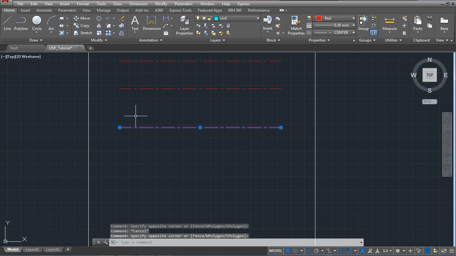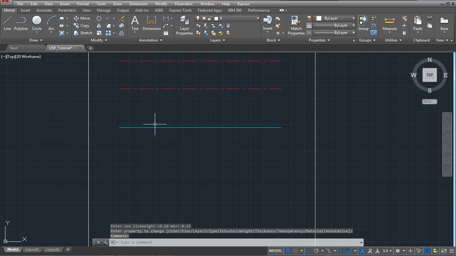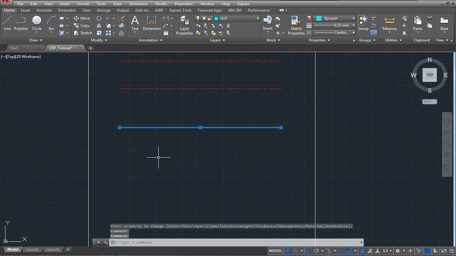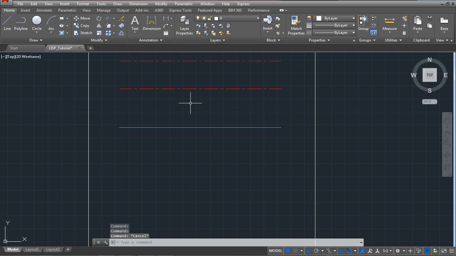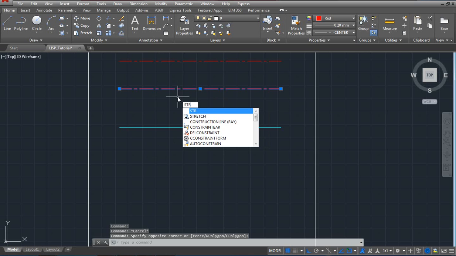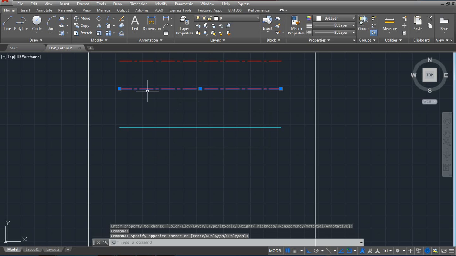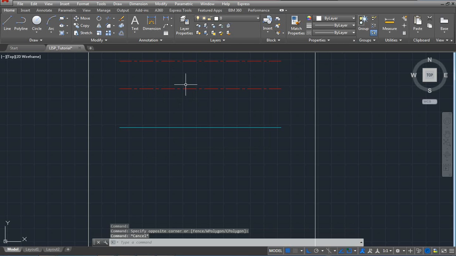Now let me give the command CV and change this. Now it has been converted into layer CV. And if I want to convert it into a continuous line, I will say CON. What it has done is converted that particular object into a continuous line with a new color, ByLayer. So whatever color I want, say I want to make this in a structure layer, I'll give the command SDR,